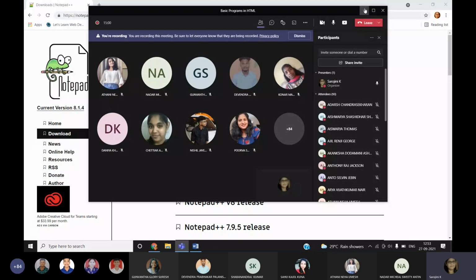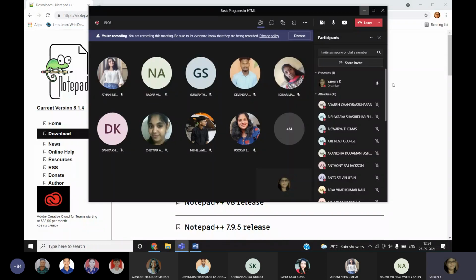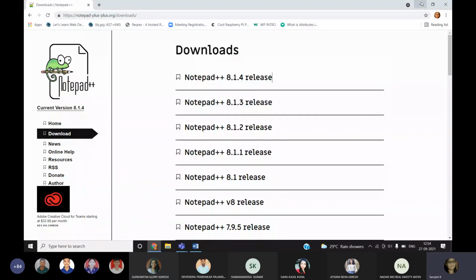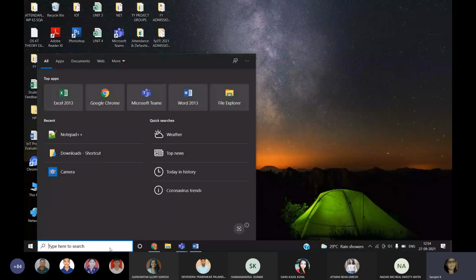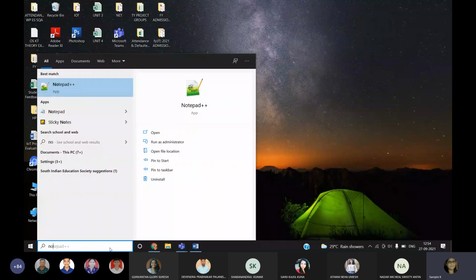Now we will go to this. We have to continue. I hope my screen is visible to all. Now, after downloading, easily, in search you can type Notepad++ to open it.